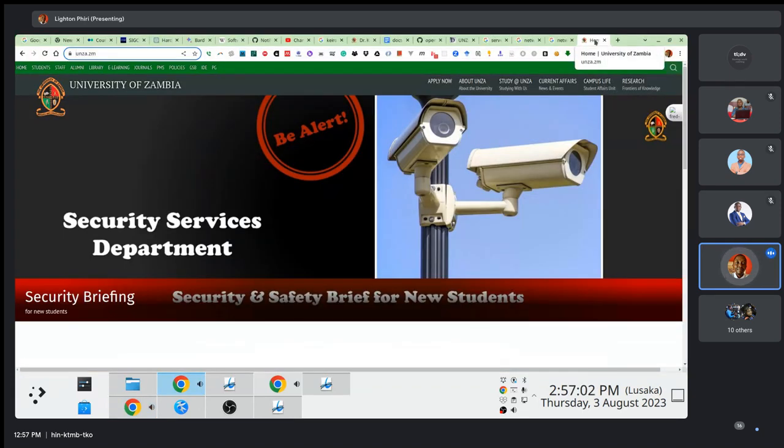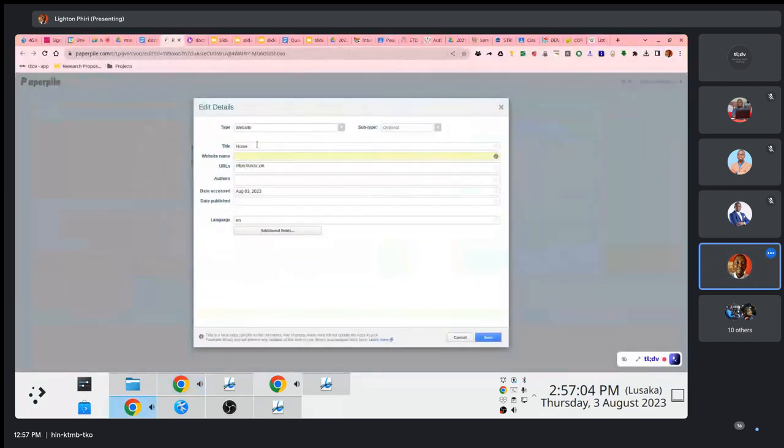It's University of Zambia. In fact, the title here is supposed to be home. Well, website name is University of Zambia. So I'll update this information. The author is University of Zambia. When was this published? I'll just speculate here, 2020 or something.